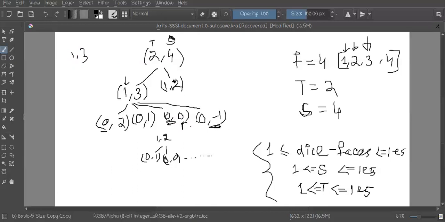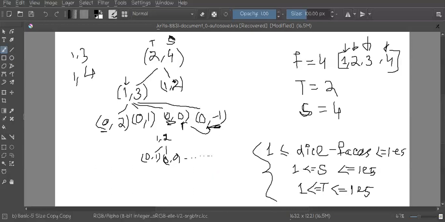For the other possibility, let's say I get 4 in the next trial, instead of 1, 2, and 3. If I find that 4, the total number of trials left with me is now 0, isn't it? And what is the sum? The sum is now 3 minus 4, that is minus 1. Why? Because in the first time I get 1, in the second time let's say I get 4, so that is 5, which exceeded the given sum, right? So that means I could not make it now as well, isn't it?